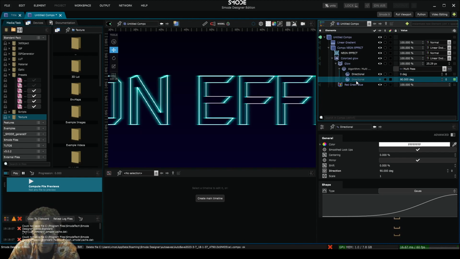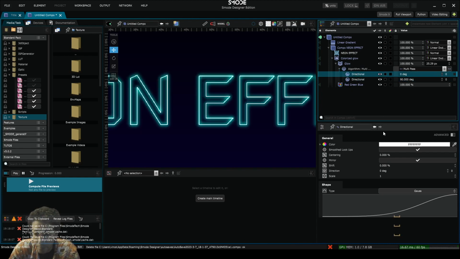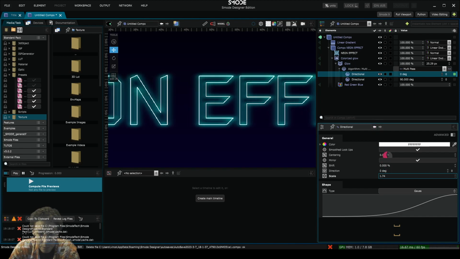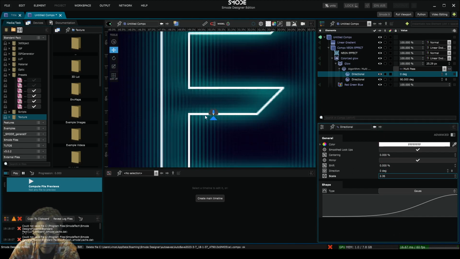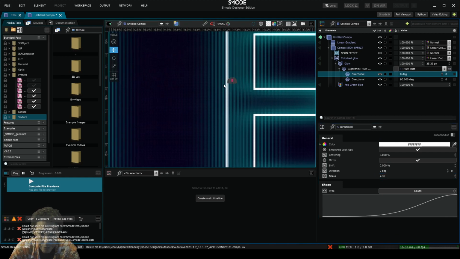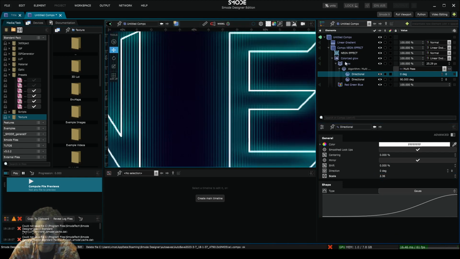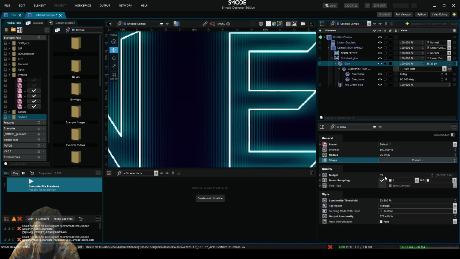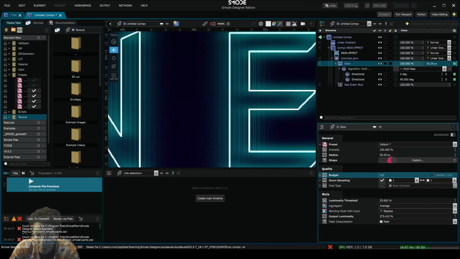I think, no, this. Okay, so this is the horizontal blur. Let's change its scale a little bit. So you see when I change the scale, here comes this trouble. This is because I do not have enough samples in my glow, and you see here the perfect number of samples that I should have to have a perfect blur or glow in this case will be 104, and I'm only at 69. So let's put that a little bit more,